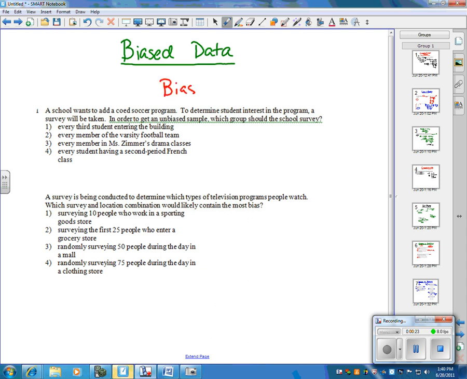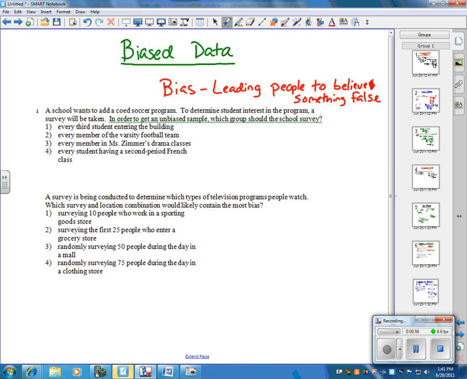to have a bias is basically to make people or have people believe something that isn't necessarily true. So when we're talking about bias, you're basically leading people to believe something false. Oops, let me cross it out. Okay. Now, it might not be completely false, but it's not going to be the truth of what everyone would